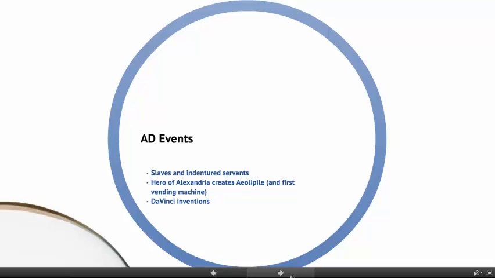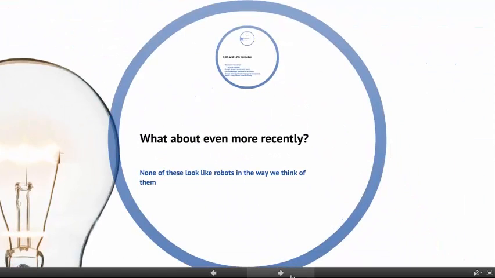So once again, an early precursor to programmable things. And then Da Vinci had a wide variety of inventions, and we could go on and on about all the different things that he invented, but there's a number of them that were very autonomous in that sense because of the ability to program them. Even though we wouldn't call it programming like sitting down and typing code like we would consider today, the ability to change the instructions that were fed into these devices was something that was critical in future development of computers and robots.